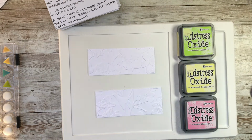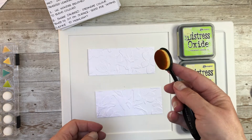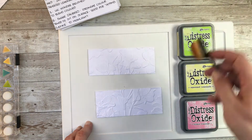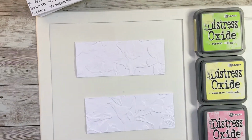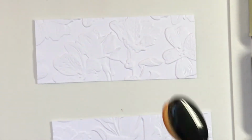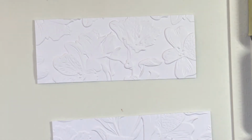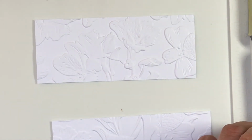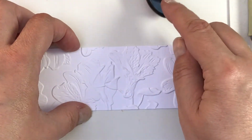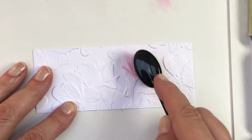Because I'm working with a smaller piece of card, I actually am going to use one of the smaller brushes, but my preferred ones, wherever possible to blend, are the larger. So again, I'm going to bring you in. Remember, all I'm using is this brush, and then we're going to go in with the Kitsch Flamingo first. Put some ink onto our mat, take a little bit off, and then I'm going to go into the centre of the flower